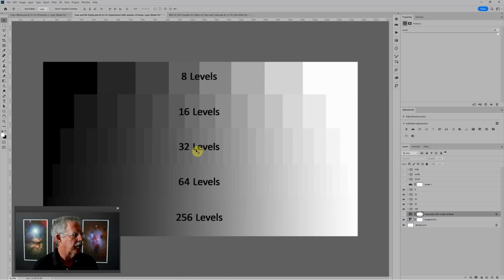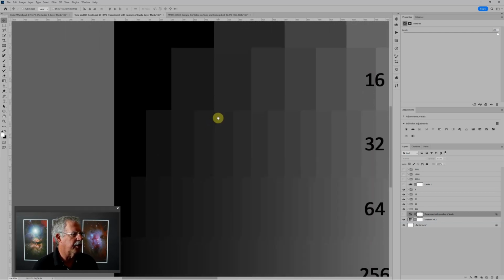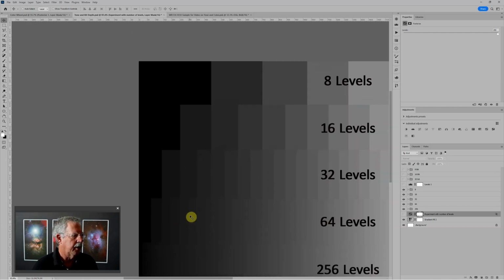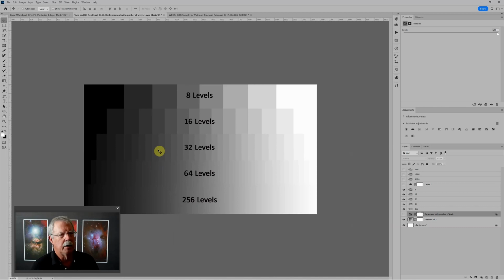And if I zoom back out a little bit, I want you to notice something interesting that's happening over here at the dark area. When we start at the very coarsest at 8 levels, we have this one black block here on the left. As we add more bit depth, more gradations between pure black and pure white, we start to see a breakdown of, it's not just pure black, it's now dark gray and pure black. If we break it down again, we get 3 levels of gray and then black, and so on down. So what's happening when you have more bit depth, 16-bit instead of 8-bit or 32-bit instead of 16-bit, is you have a lot more variations available to you, and that's especially important to us at the very dark end of